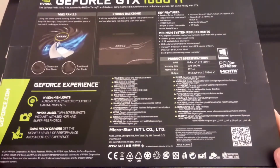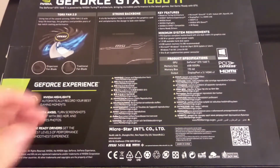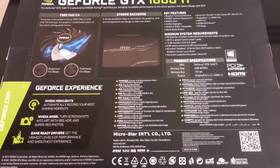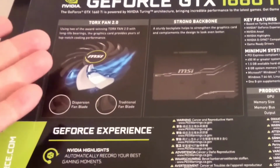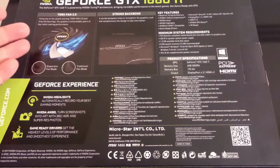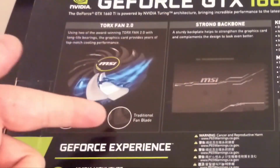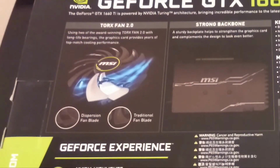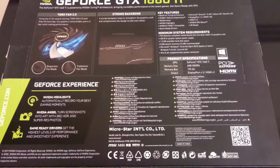And there's not much else to show you on the sides, but the back is a plethora of information. I will let you soak in some of this information as I go through it. So it does come with the new upgraded Torx Fan 2.0. It's award-winning apparently, but then everything GeForce does is pretty much award-winning according to their packaging. It's basically cooler performance and quieter. It's got your traditional fan versus your dispersion fans. Your dispersion fans seem to have a little notch cut into them. The notch is basically going to give more airflow, make it cooler for the same amount of power consumption and